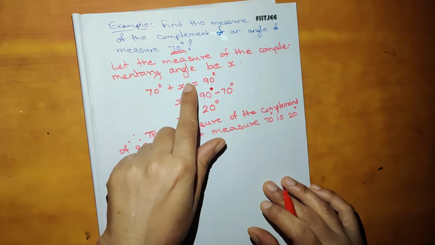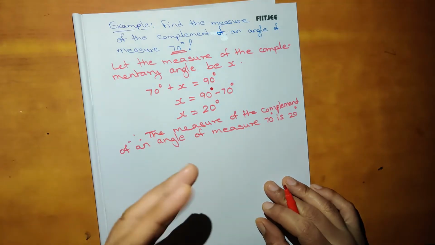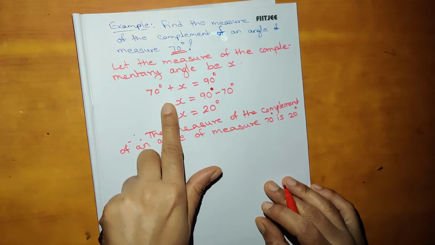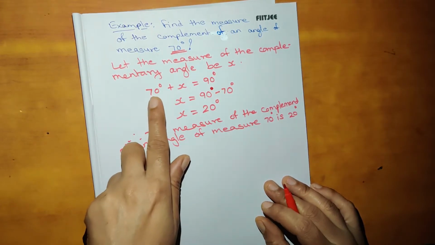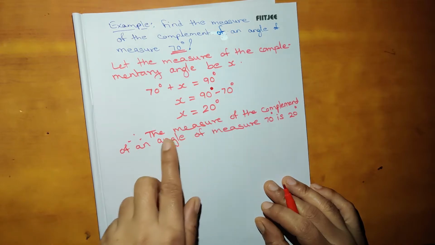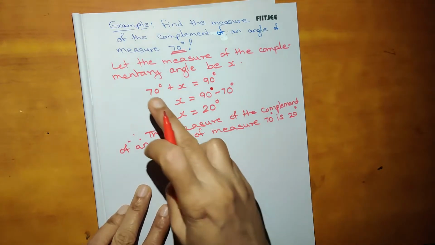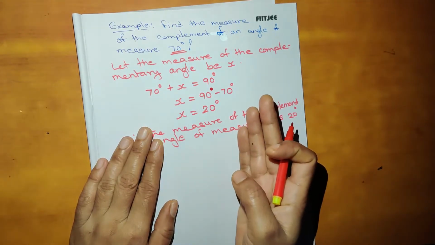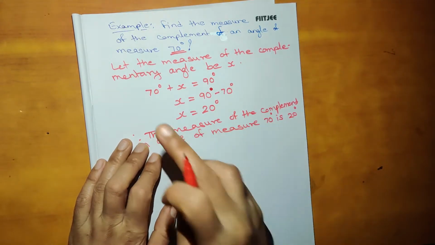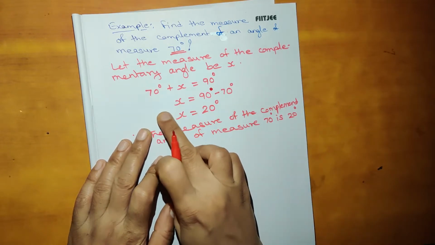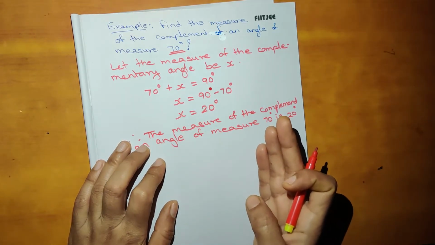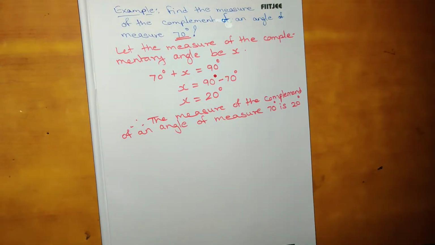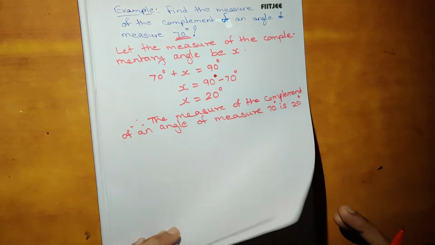So whenever we don't know the value of the unknown, we will take the value as x. We know the sum of a pair of complementary angles is 90 degree. So 70 degree plus x is equal to 90 degree. So x we got 90 minus 70. When the equal to sign is there, plus will shift to the right hand side and become subtraction, minus will become plus, multiplication will become division, and division will become multiplication. Are you remembering? In 6th standard we studied solving an equation.